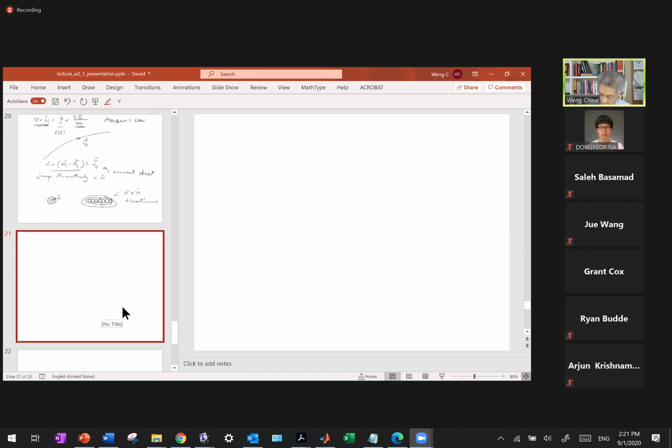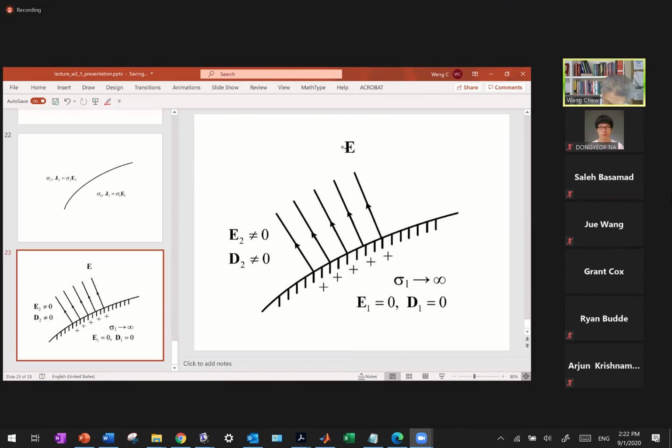So let's look at Gauss law then. Let's look at more solutions to the magnetostatic problem. For the magnetostatic problem, we have curl of H equal to J, and then we have divergence of B equal to 0, and then we say that